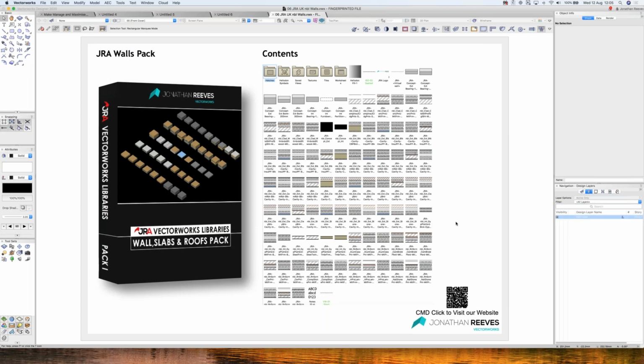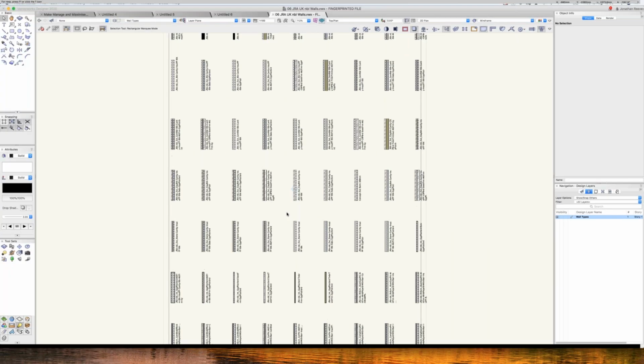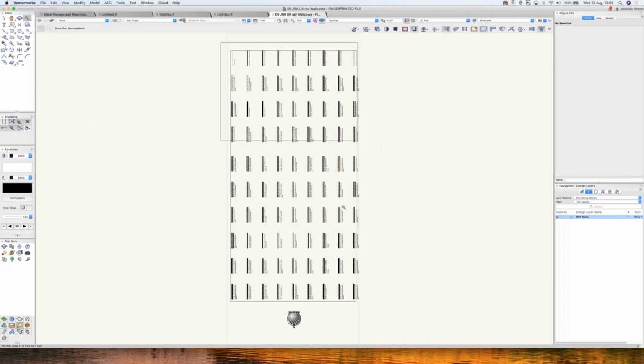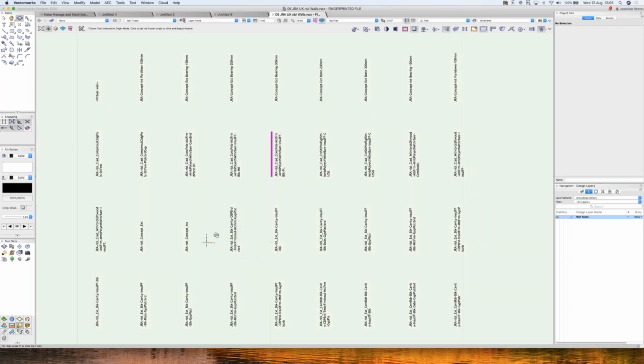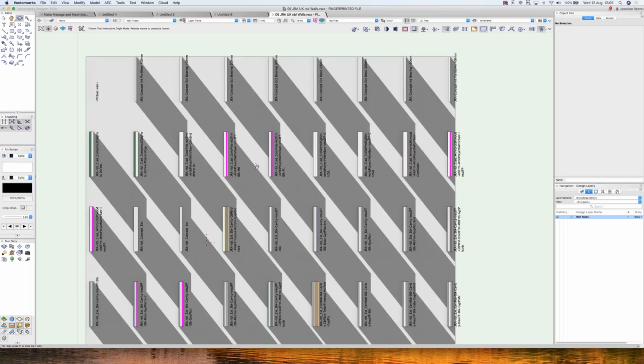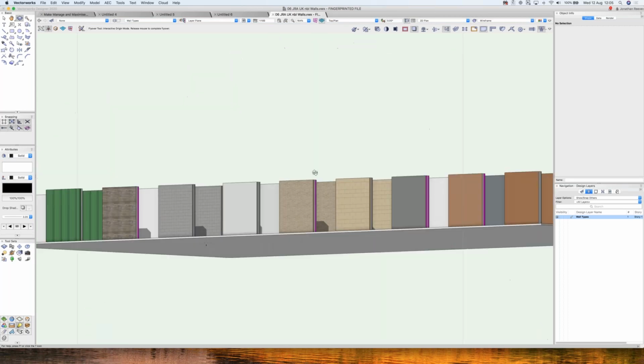If I go to my wall types, you'll see I've used a similar approach where I've basically just got a Vectorworks file with them hopefully quite nicely arranged and labeled. What's nice is I can either get them from the resource manager when I need to use them, or I can just pop into this file and have a quick look around. More importantly, I can spin around. That's one thing I can't do in the resource manager, is actually spin around